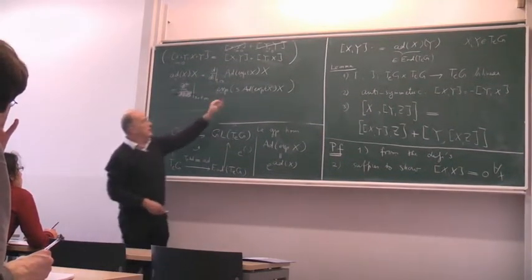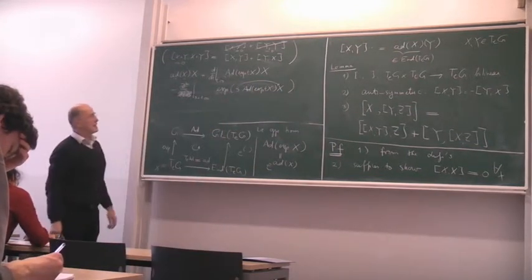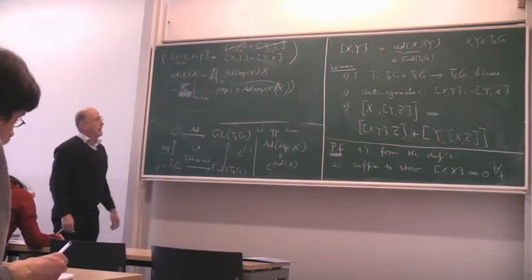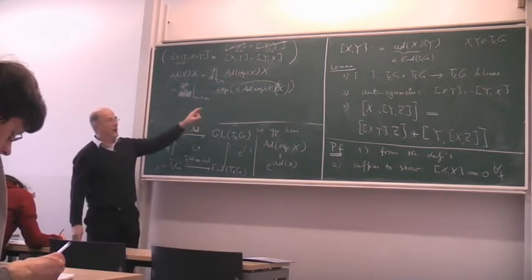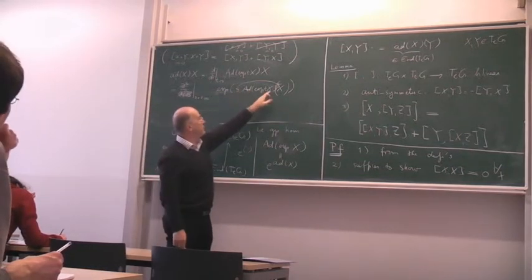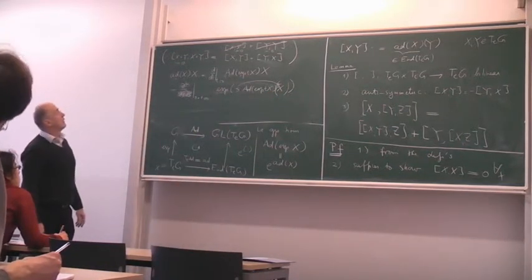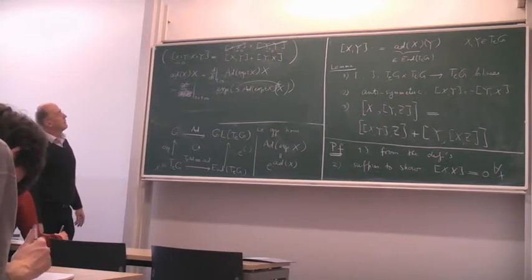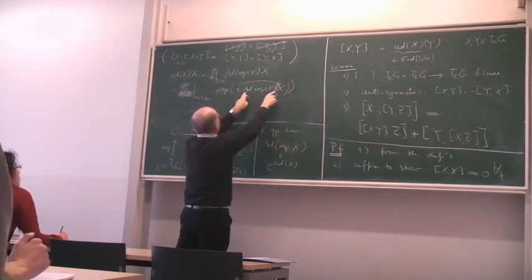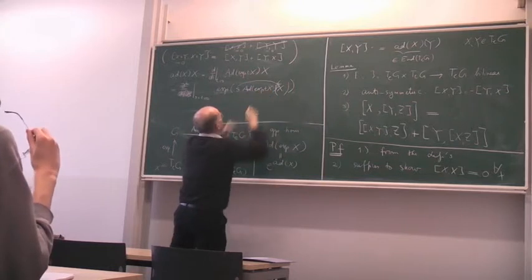And now I'm going to use, first of all, that the adjoint map is linear. So I can put the s here in front of the x. So maybe we should take a bracket here, and then the s may be put here. And then I'm using the formula that has been erased in order to make room for this formula. And that was that you may view the action of Ad really as a conjugation action on the level of the group. So this conjugation on the level of the algebra can be viewed, on the outside of the exponential map, as a conjugation by this element. So then we get